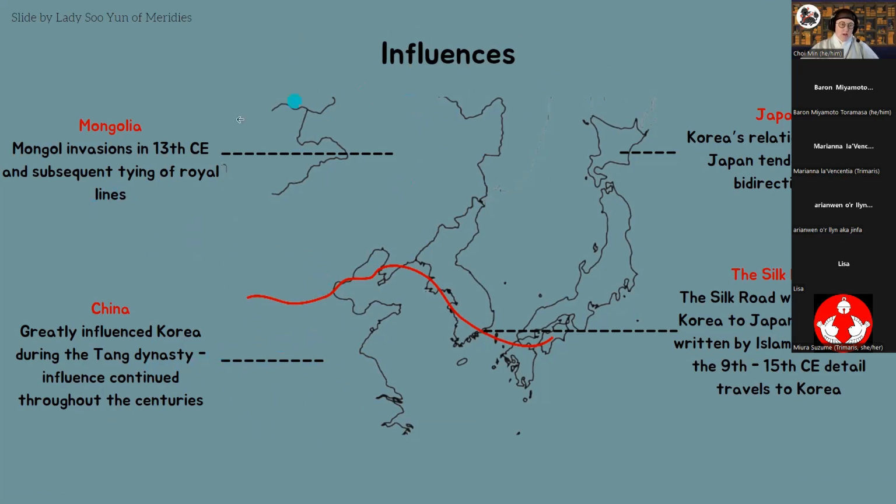And then Mongolia and other various nomadic tribes have always kind of been in these northern regions. So you can see here is the modern outline of the Korean peninsula, and Korea is right abutting a lot of these nomadic tribes, and so you can kind of see that in some of the influences in clothing.